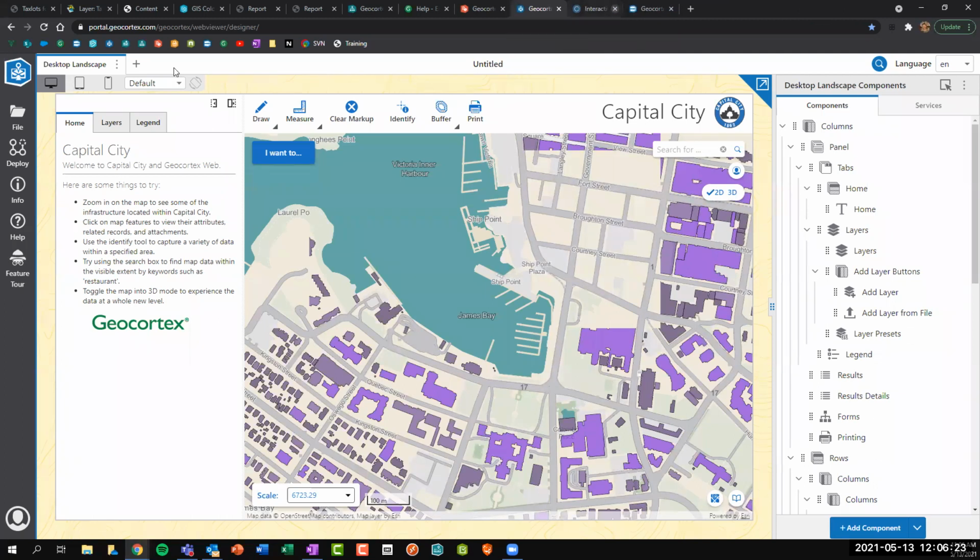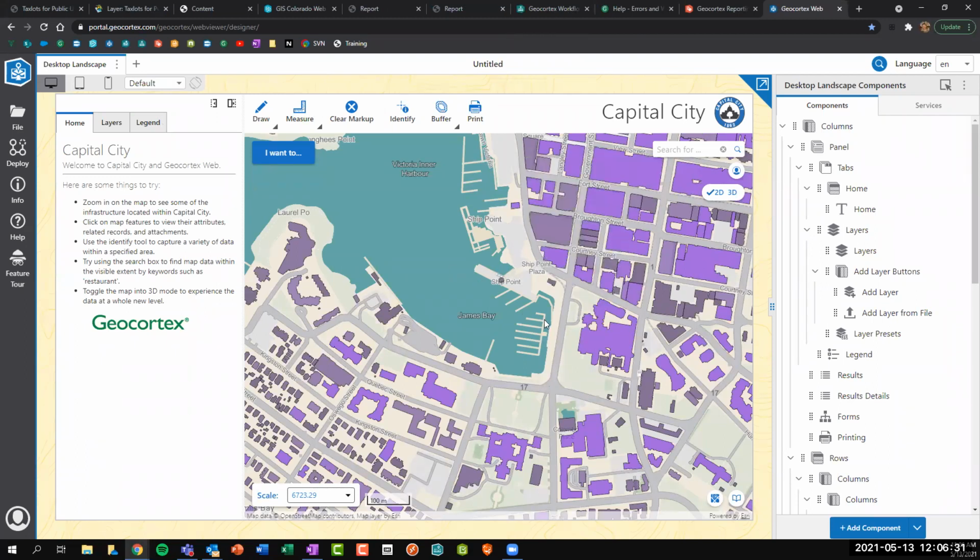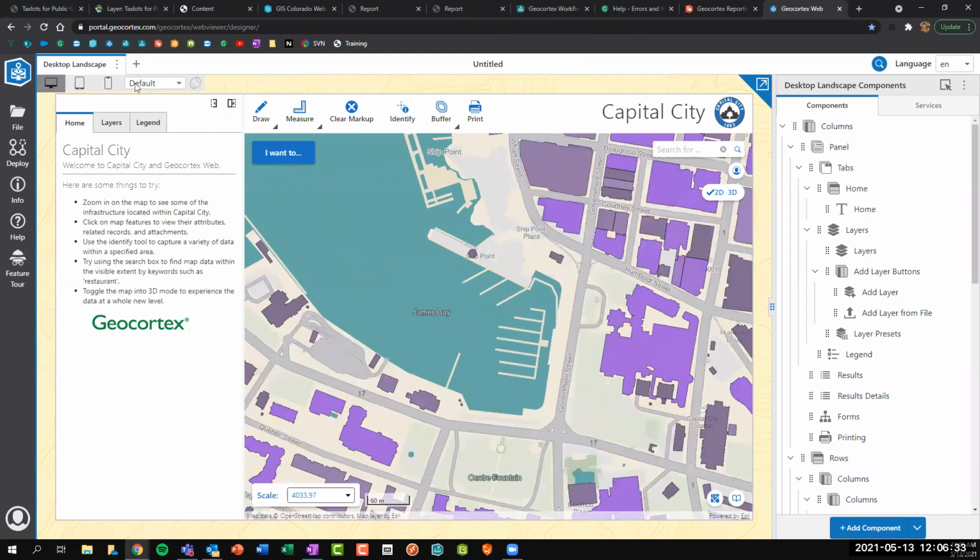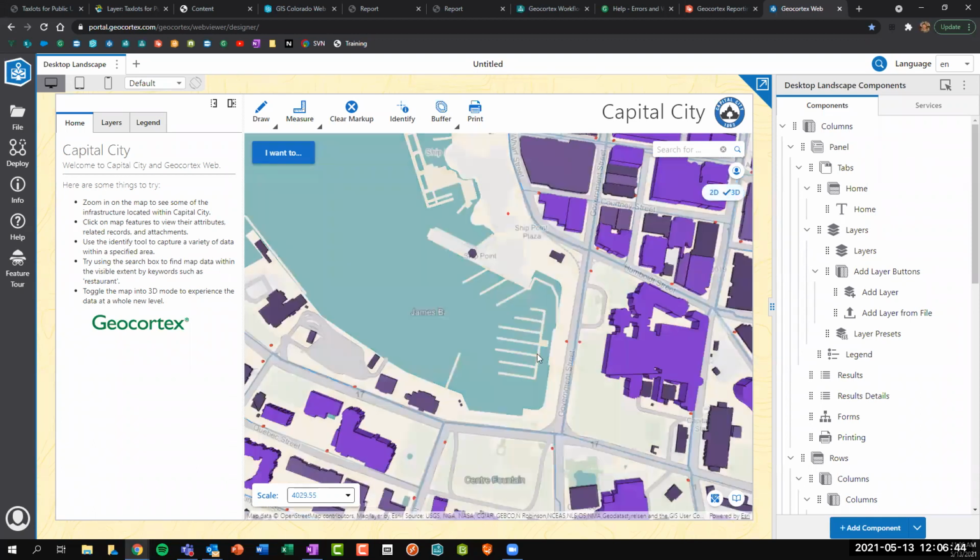Just close a few things here. And it will also load up a default web scene. So this is using Esri's 3.x JavaScript API. So you can see here, everything in this yellow bounding box is a live preview of your app. So you can interact with it, you can select features, you can toggle between 2D and 3D